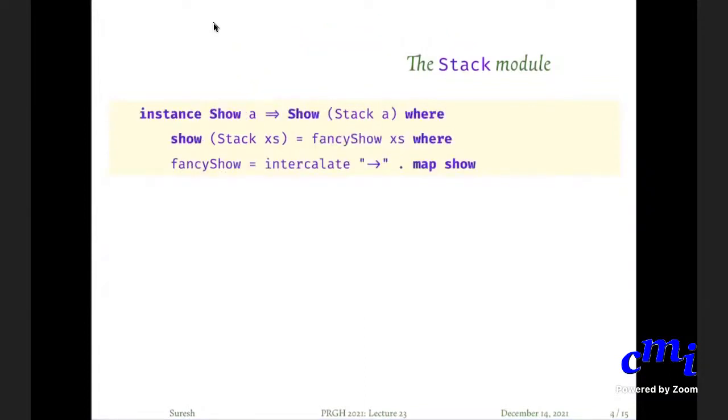And then we also had some way of showing a stack. It's not too important. It is just one more layer where you hide the internal representation. Sometimes you just write Stack followed by a list, that is fine enough. But in certain more complicated data structures, you might want to hide the internal representation and show it in a better manner. We'll see another data structure in this class, namely Queue, where you will definitely hide the internal representation.